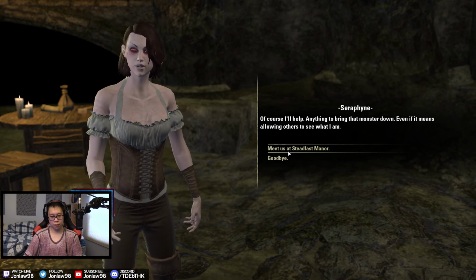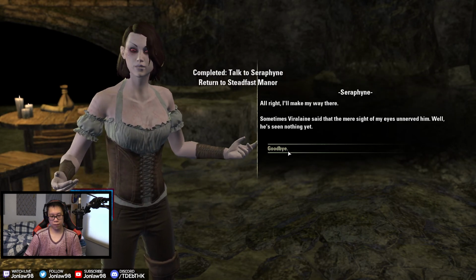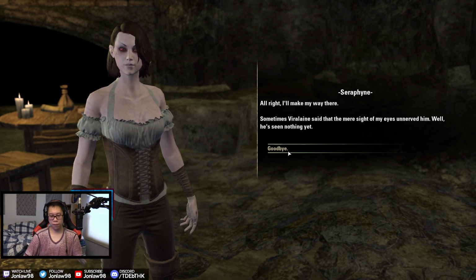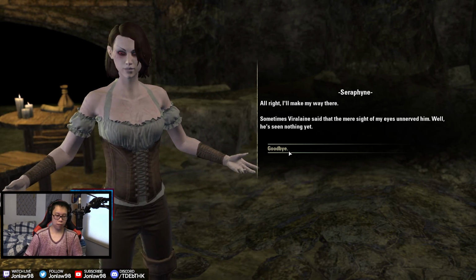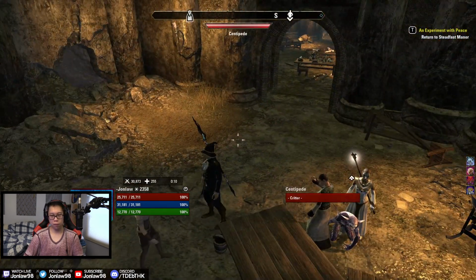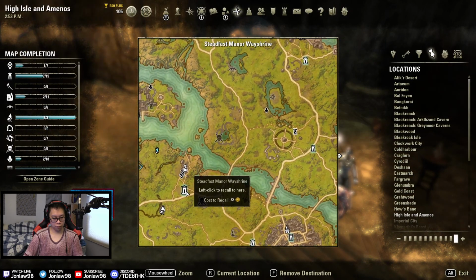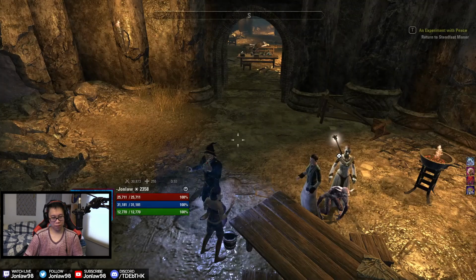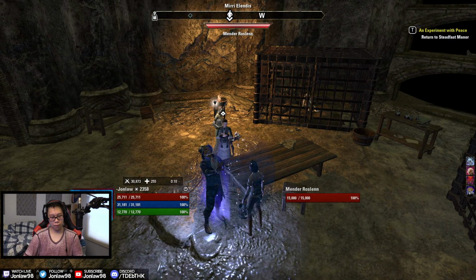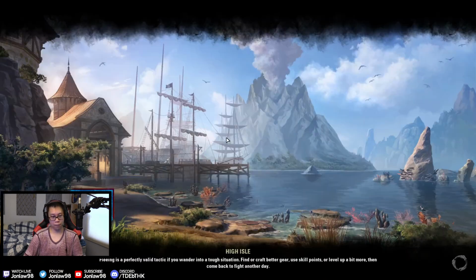Even if it means allowing others to see what I am. All right, I'll make my way there. Sometimes Viralane said that the mere sight of my eyes unnerved him. Well, he's seen nothing yet. Roslyn, right? I am so sorry about this. If I hadn't been so weak, I would have... Everything's going to be fine. Come to the manor. Perhaps I can help you. Help me? I'm cursed. There's nothing...